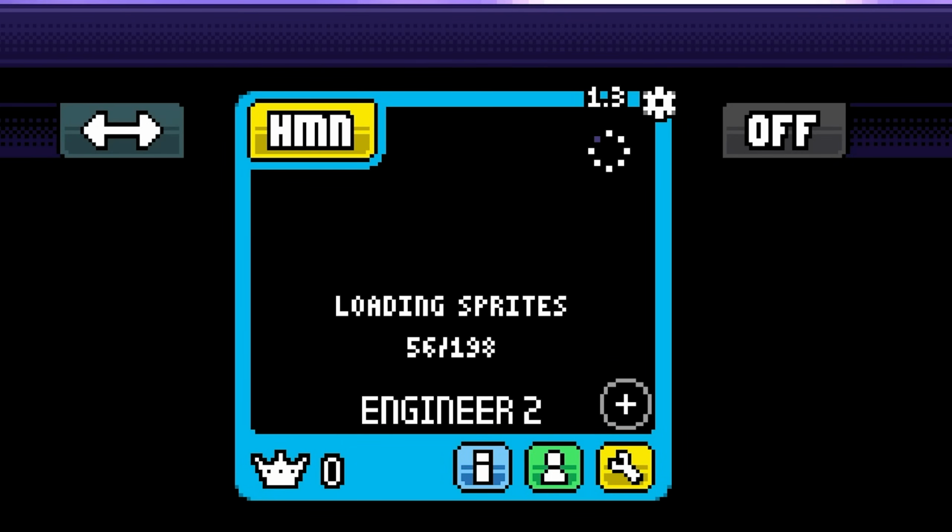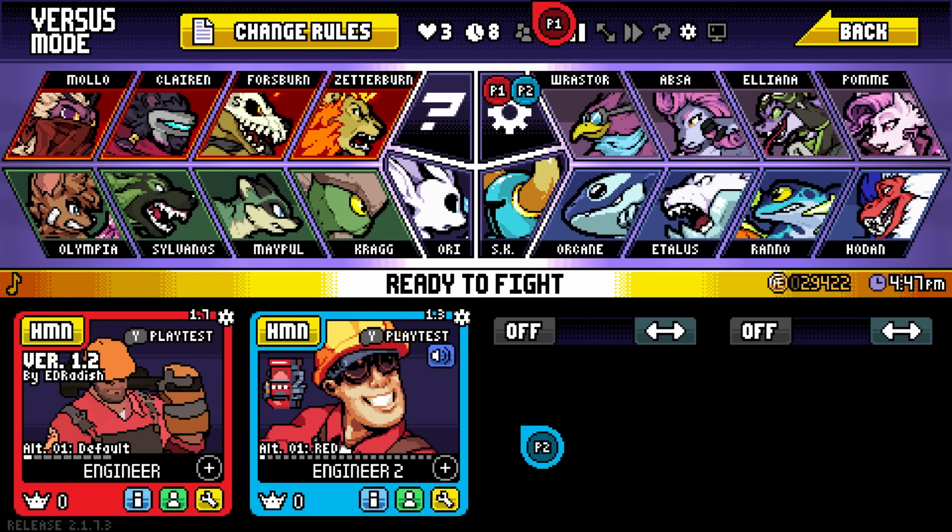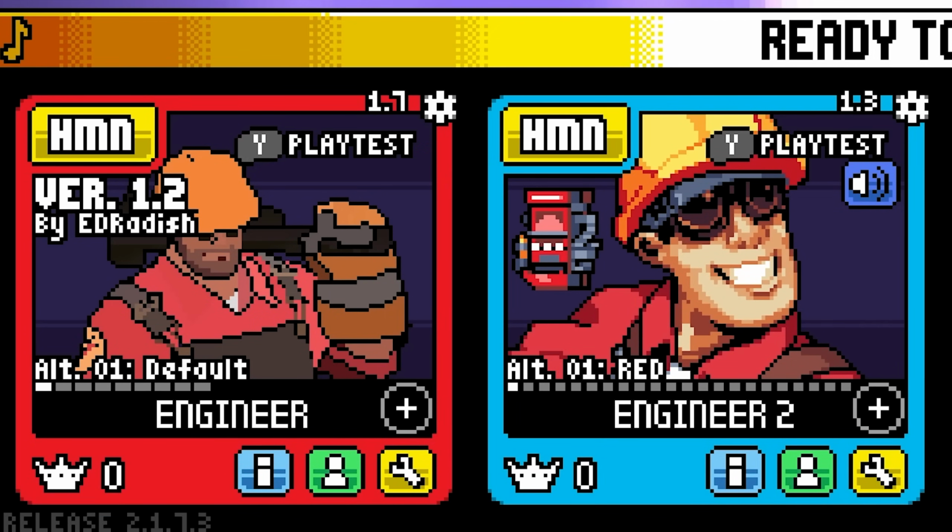Here he is in game. We're loading up those sprites, and he even comes with voice lines. Here's both engineers side by side, and as you can see, the CSS artwork already looks leaps and bounds better